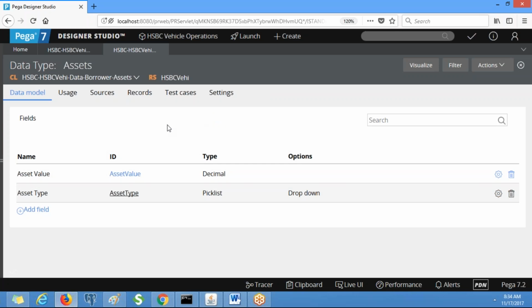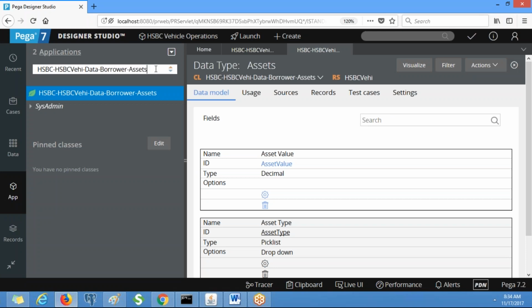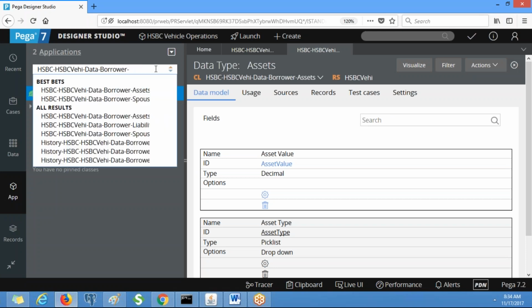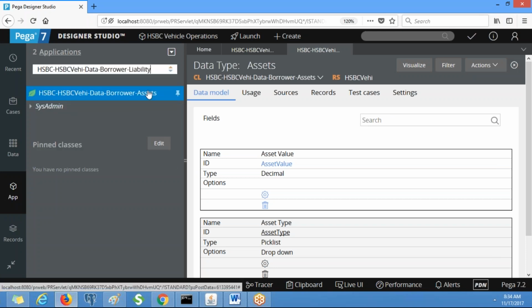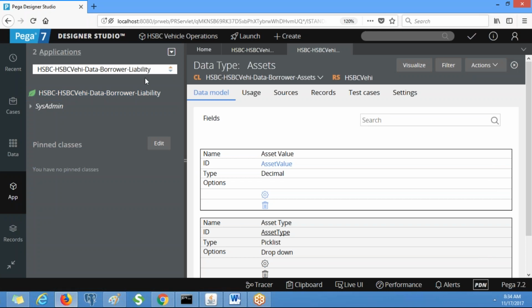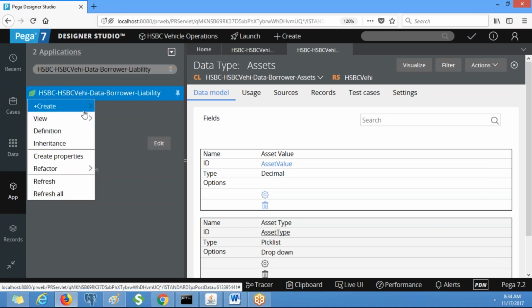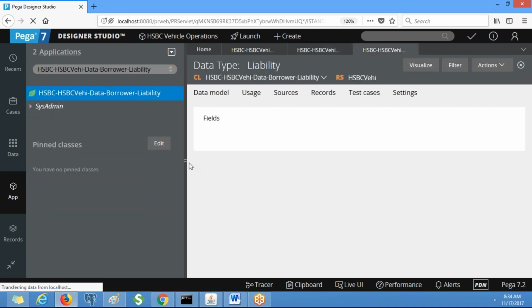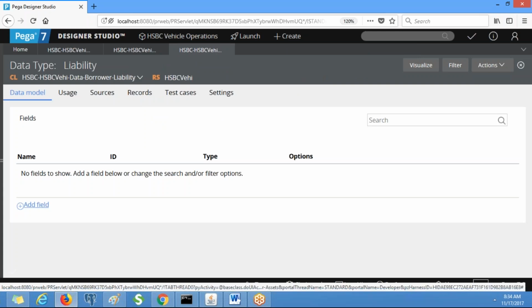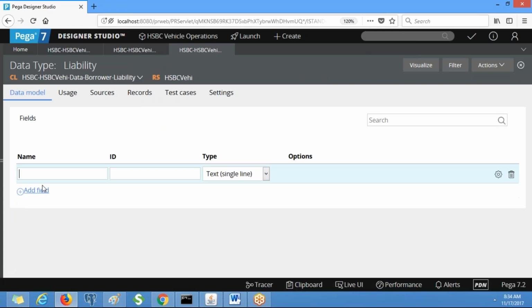Similarly, we need to create liability value and liability type in the liability class. Create properties: liability type and liability value.